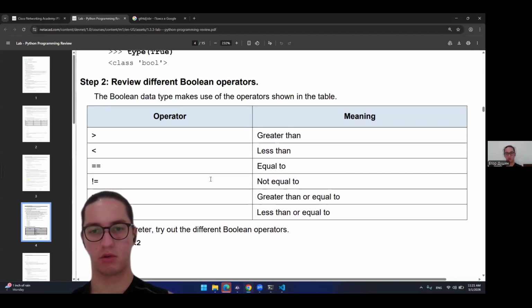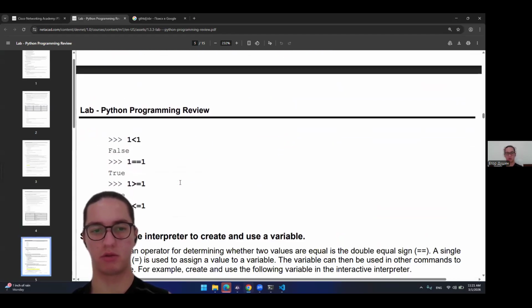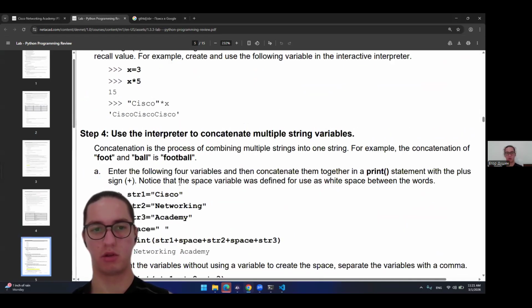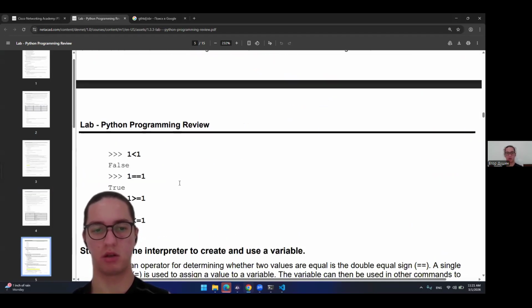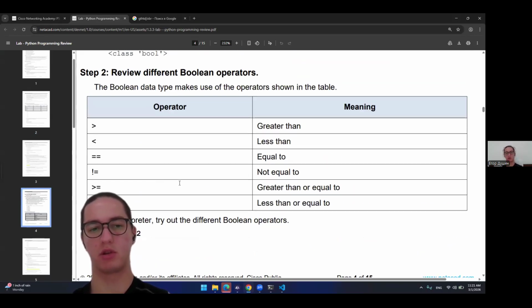Basic comparing operators. It's very common for all languages, so I will not touch it. It doesn't really matter. It is the same. The only exception maybe is